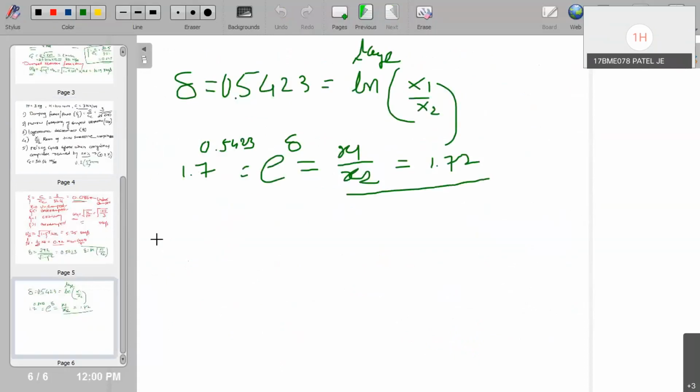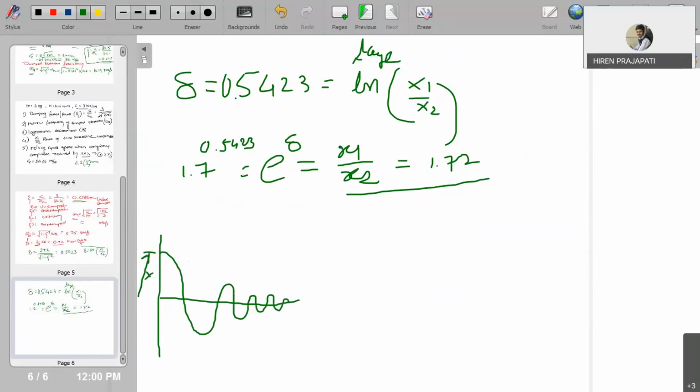If you consider the initial amplitude on the x-t plot, suppose this is the vibration, right? The initial amplitude, suppose I call it x1. So what do we need to find? Number of cycles. If you look here, this is one cycle, peak to peak, second cycle, peak to peak, third cycle, peak to peak, fourth cycle, right? So we need to find out how many cycles the body vibrates for a reduction in amplitude by 20% of the initial amplitude.